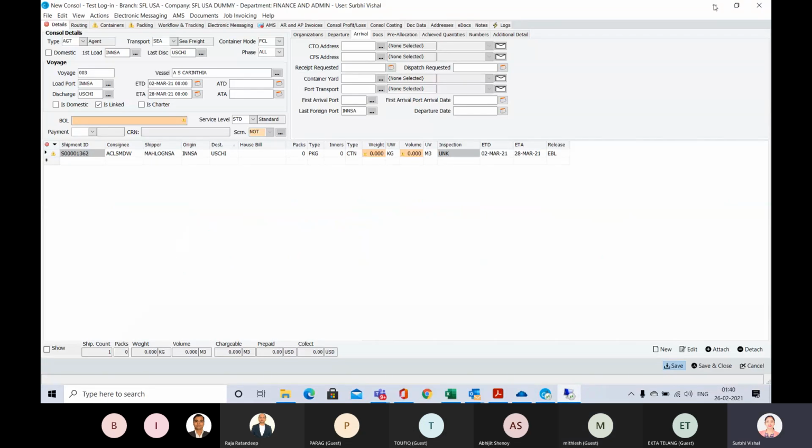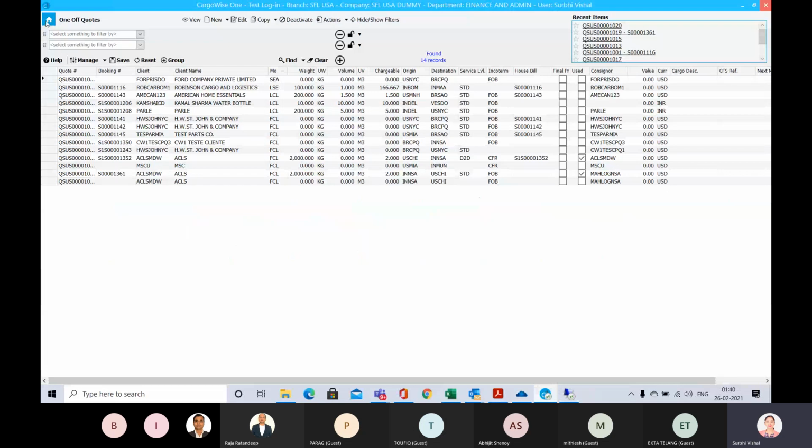Yeah, so from the dashboard screen, we have a filter where you have to keep on checking. Or if you want a report kind of thing to come to you, that can be done. If you want any notification, that can be done from the SFL side. We can apply certain kinds of triggers.